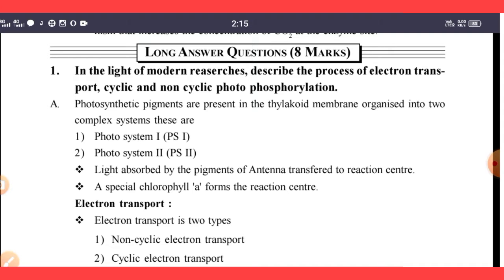Senior intermediate botany, first unit, fourth chapter, 8 marks question answers, that is long answer question. So the first one: in the light of modern researches, describe the process of electron transport,